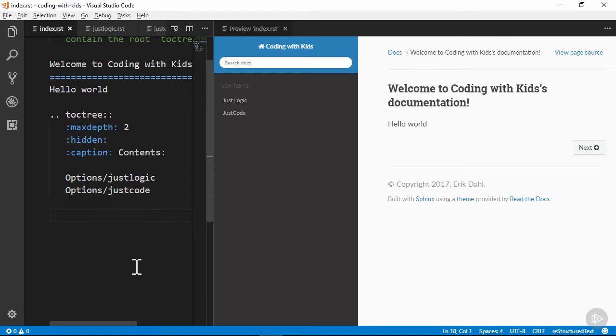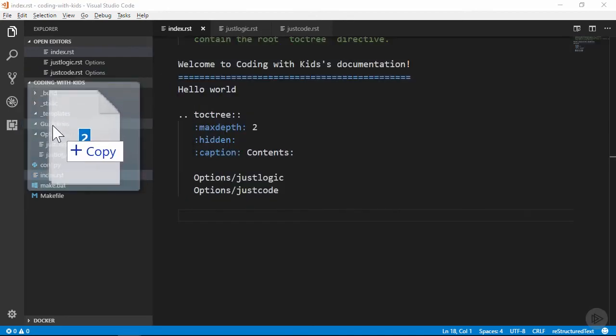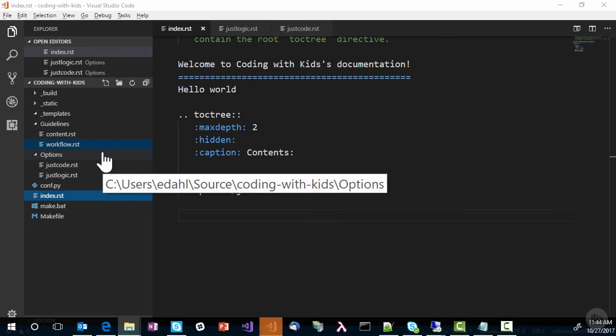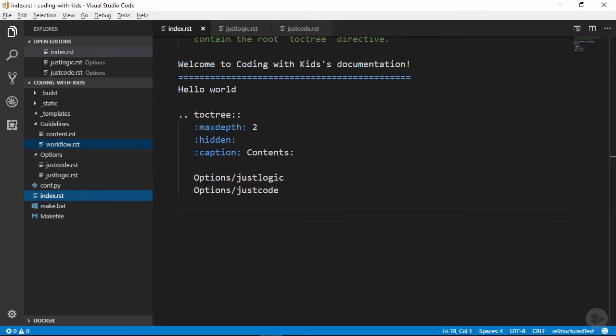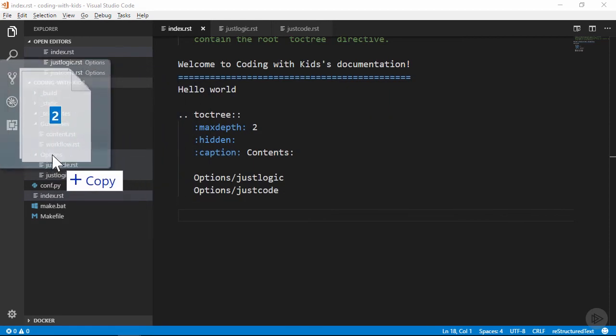So now things are starting to look pretty good. I'm going to close down this preview. I'm going to bring back the folder view because I want to copy in a couple of other files that I've already got prepared. We'll copy 2 files in for the guidelines, content and workflow, and we'll copy 2 other files in for the options,